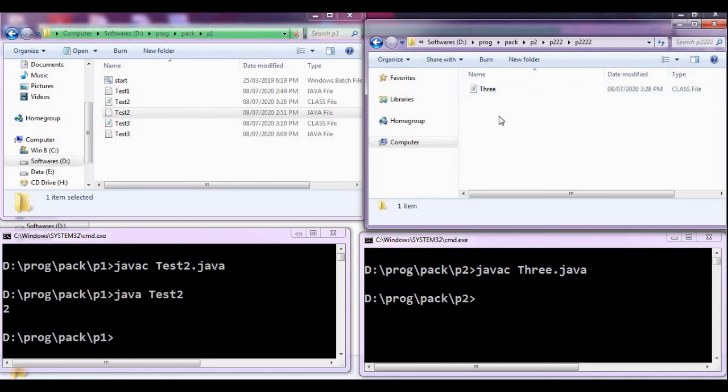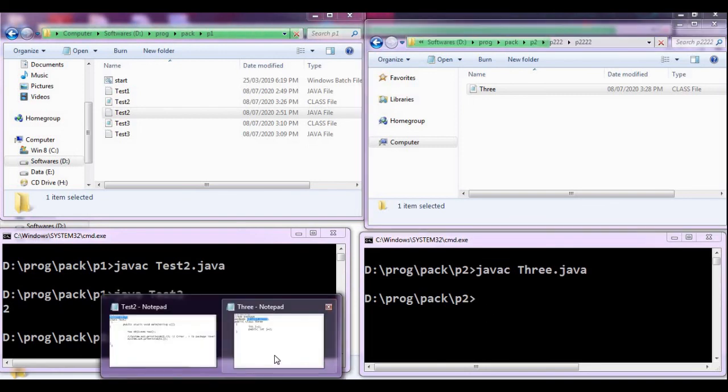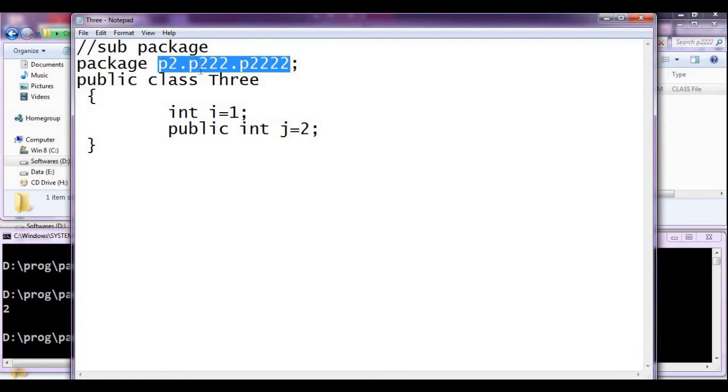You can write your Java code over here also, that doesn't matter. Wherever you want to write the Java code you can write it, but you should make sure that the bytecode of the class 3 file is available in this particular folder, because you have mentioned the package p2.p22.p222 in your coding. So that sequence we have to follow.